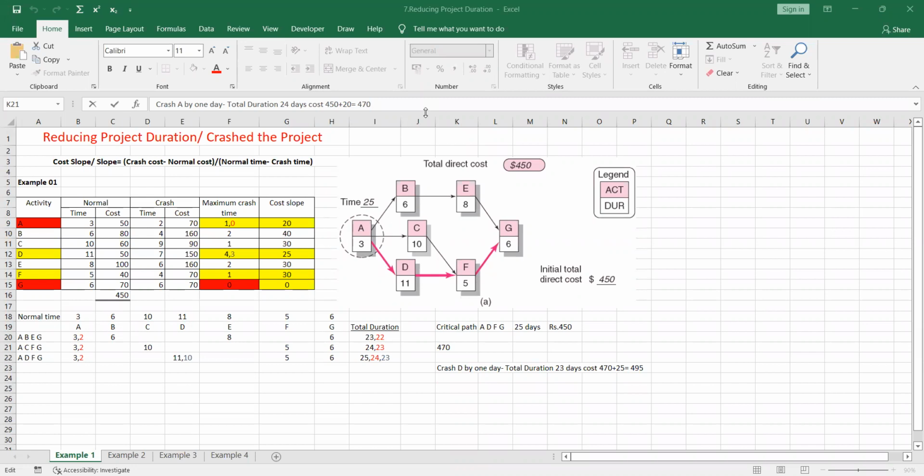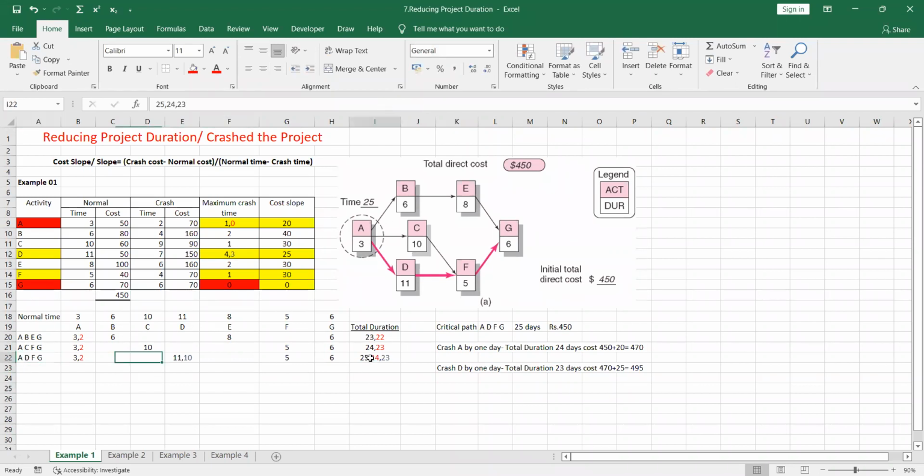Oh, D එක මම පස්සේ කියන්න. දැන් cost slope එක 20 add කරනවා මෙතෙන්ට. එතකොට 400 plus 20 470. So now we have find out the D activity is still this path is the critical path. So after finding out still this is the critical path, we have decided to crash the D activity by 1 day